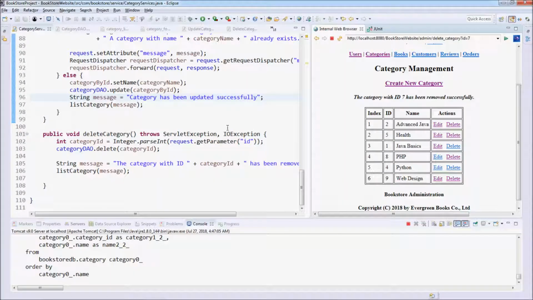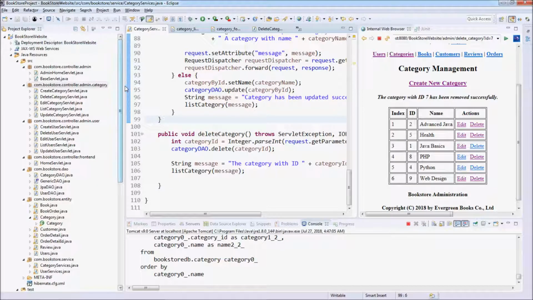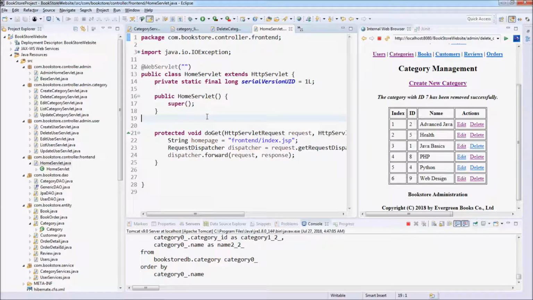Now let's update the home service class. We have the home service class here that is